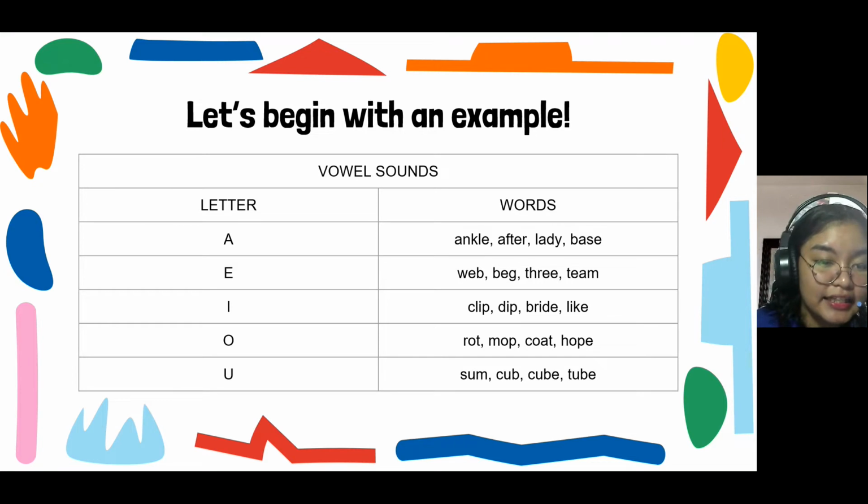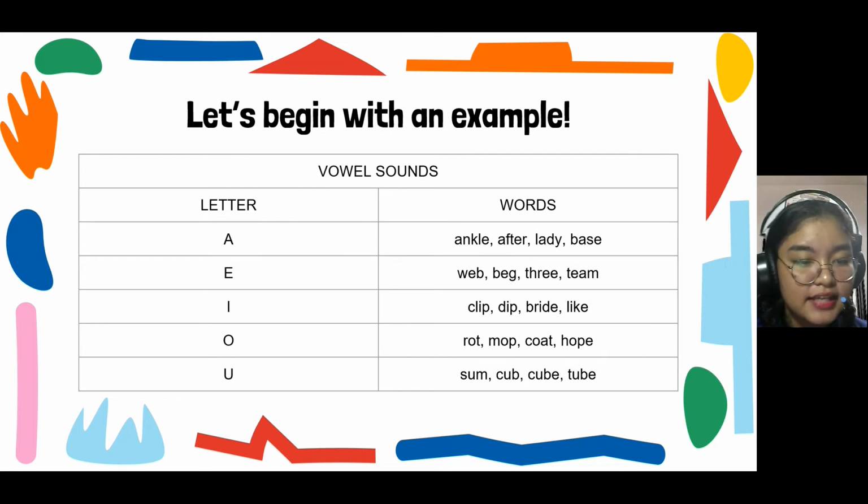The next letter is letter E, for example, web, beg, three, team. The next vowel is I, as in clip, dip, bride, and